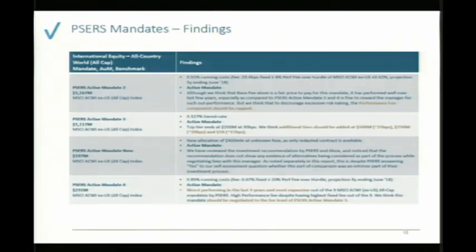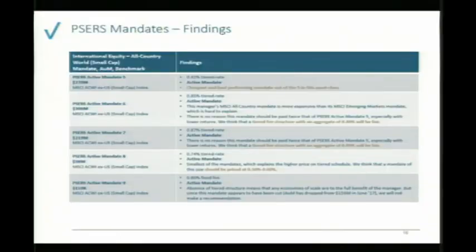We could see as an example with the active mandate 3, despite it's over $1 billion in size, the top tier ends at 200 million. So the last fee reduction, in essence, that larger allocation would bring ends at 200 million. And this is probably some sort of a legacy thing, right? When the contracts were negotiated, the assets were probably not that big. It's an assumption I'm making. And the terms were appropriate at the time. And now we think that having a last breakpoint at 200 million for a 1 billion investment is just not appropriate. So we think there is room to renegotiate that, as there is with mandate 4. Next.